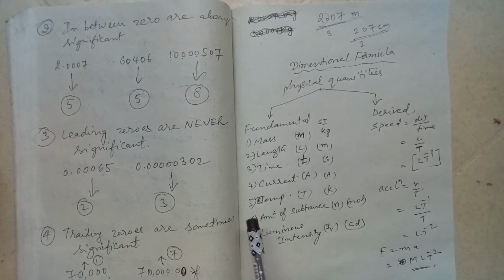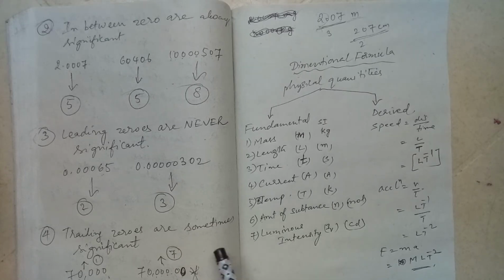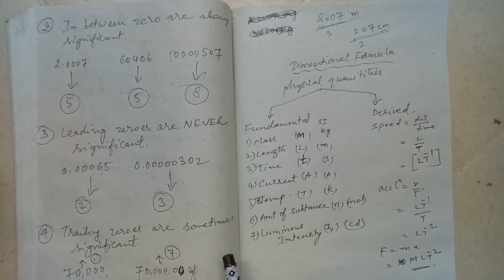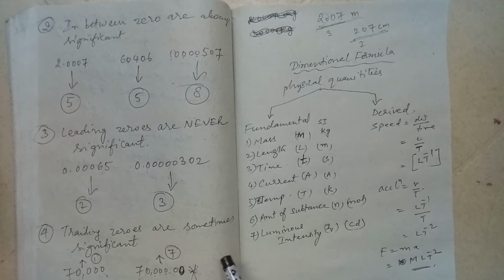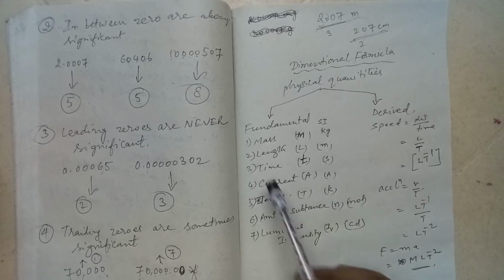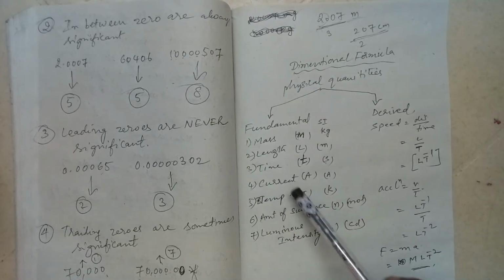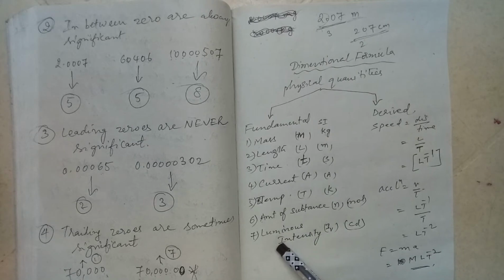See, in physics, let us say an object, a car, is moving at a speed. We are interested in knowing the speed, the distance traveled, the time taken. What is the acceleration? All these are physical quantities which are measurable, which we are seeing on the ground. It is a phenomenon. So under fundamental quantities, we have 7 basic fundamental quantities.